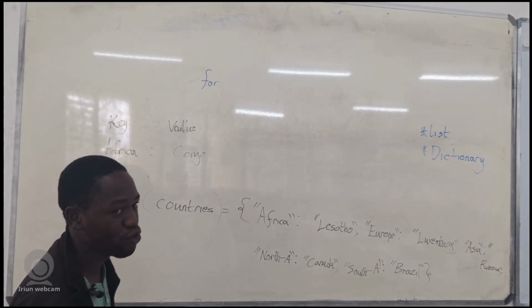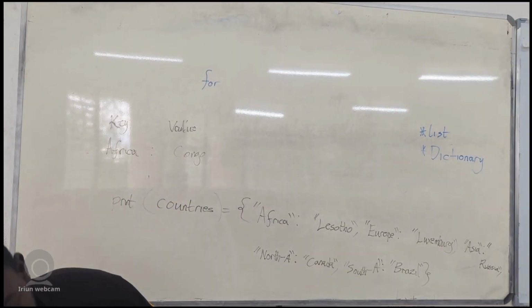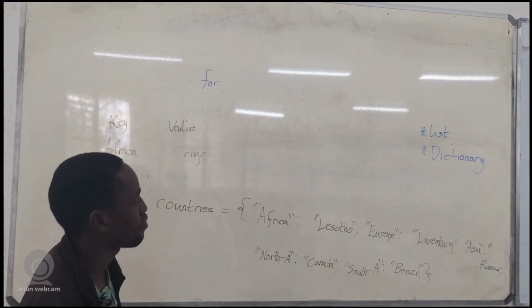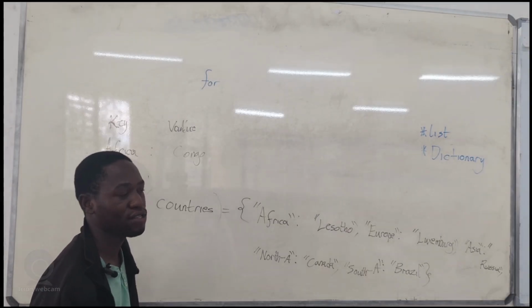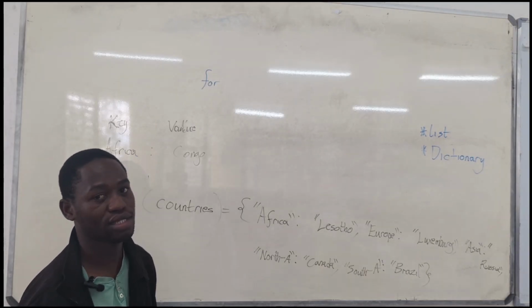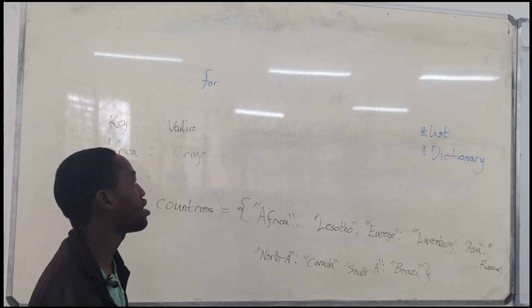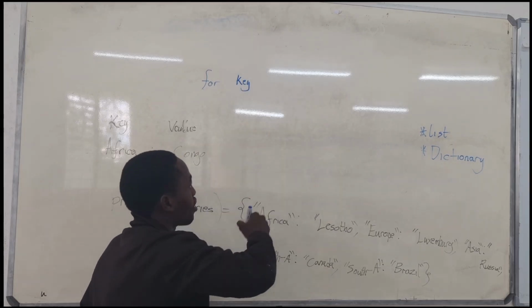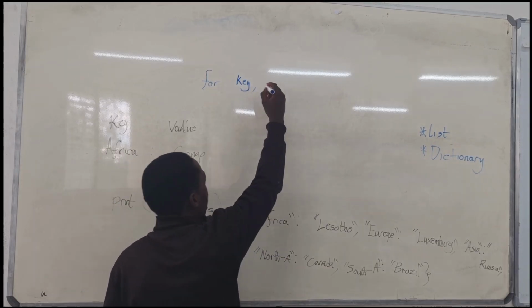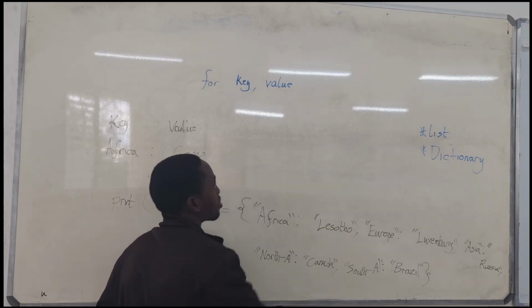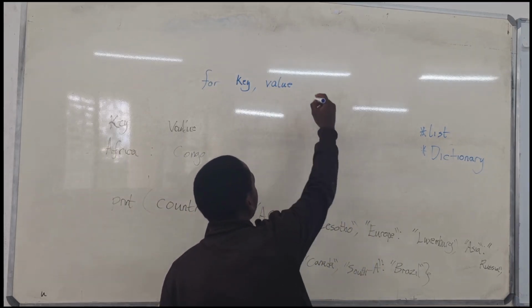Using the same for loop, you'd write something like this. It's a bit different. So you have to specify, we can say 2 counters for this one. You say for the key, then a value as well in